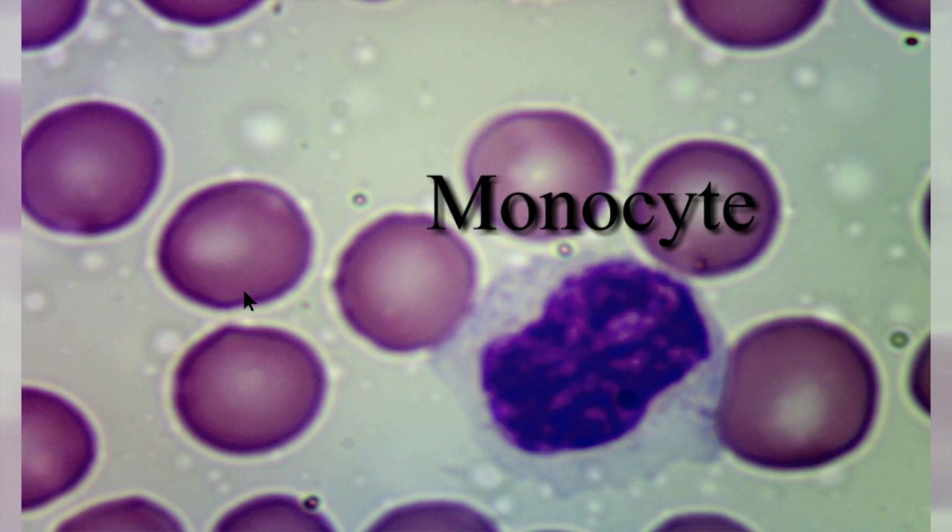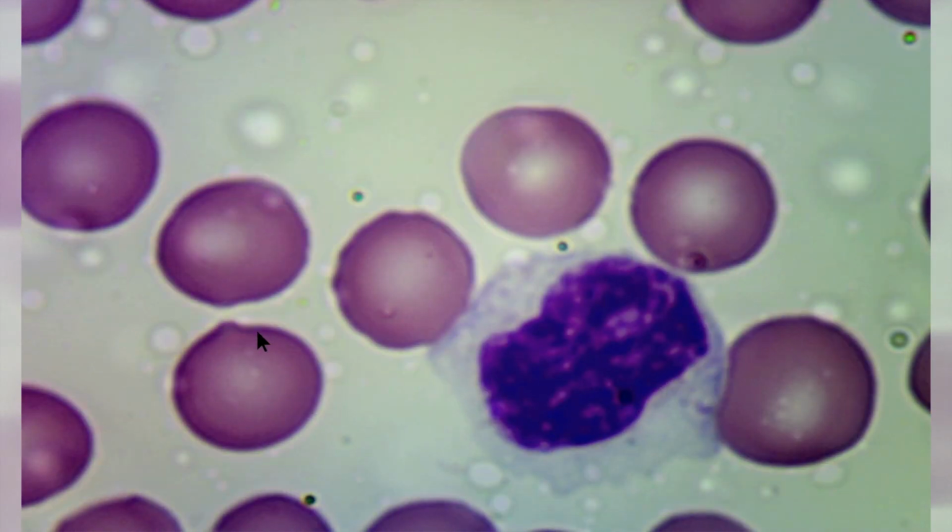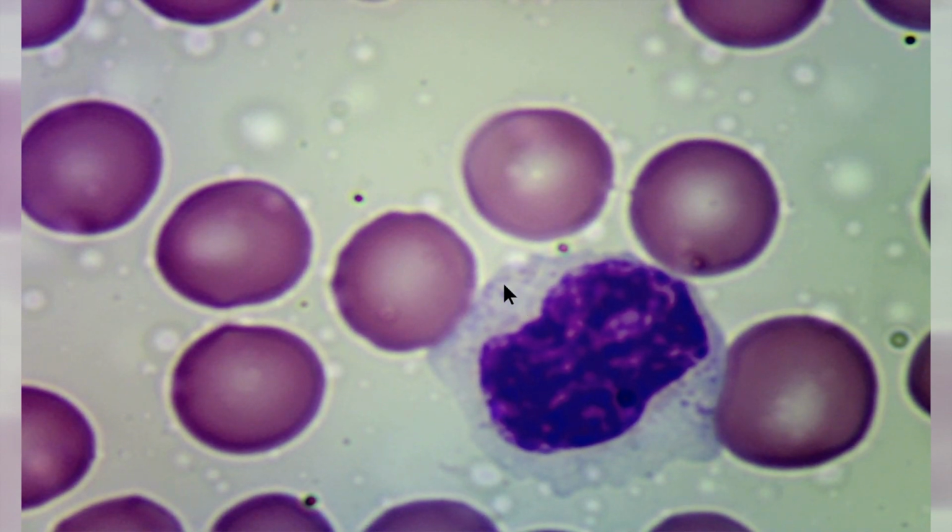Monocyte in here, you can see the size of the monocyte is much larger. The cytoplasm does not have the granules that we saw in eosinophils or neutrophils. However, you can see some granules are present, but they do not stain as much, so the cytoplasm appears agranular. You can see there are some pseudopods. Monocytes, remember, are phagocytic cells. The nucleus in this case appears to be kidney bean shaped,